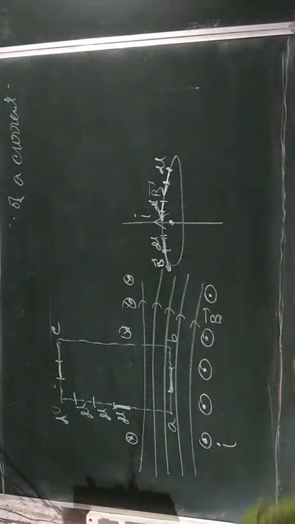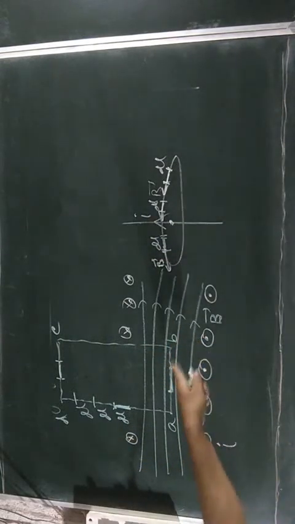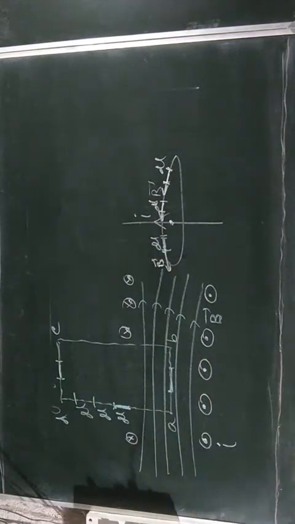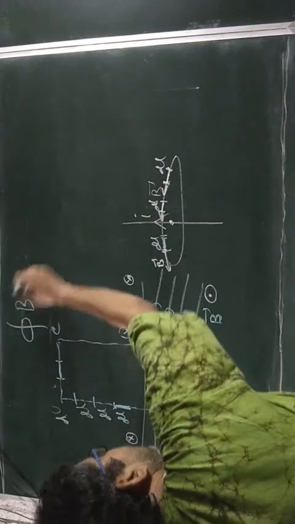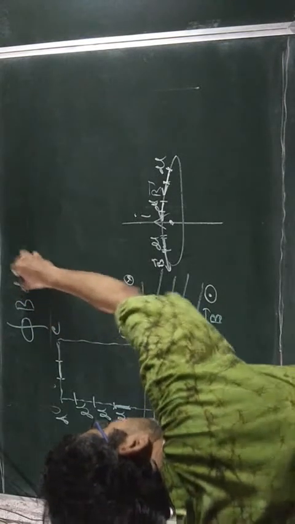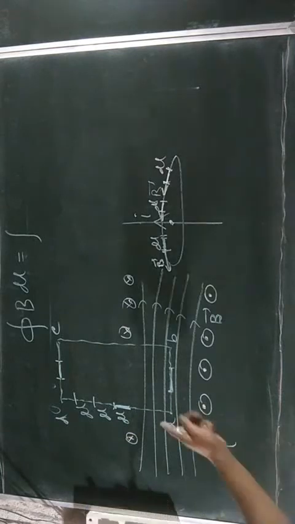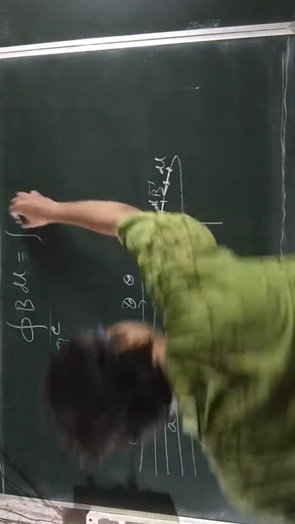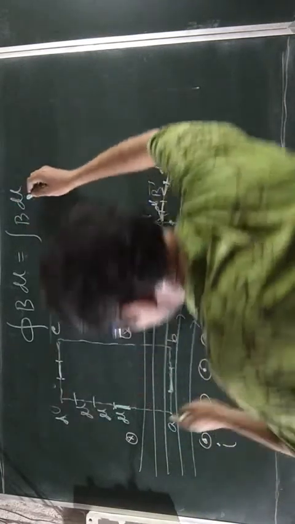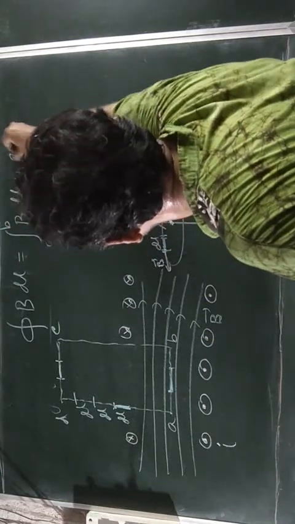So if we apply the Ampere circuital law for this whole loop, according to it, the closed integral B dl is equal to the summation of all the four segments. That means B dl for this part AB, plus B dl